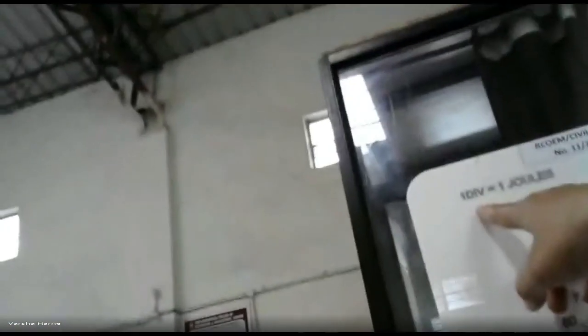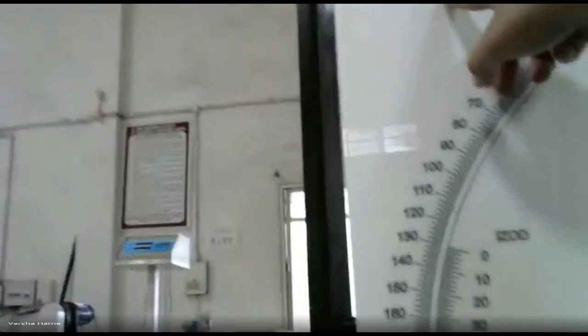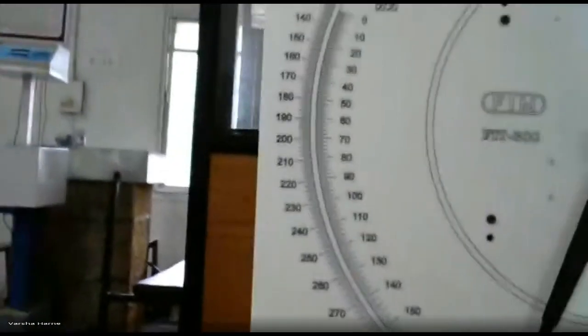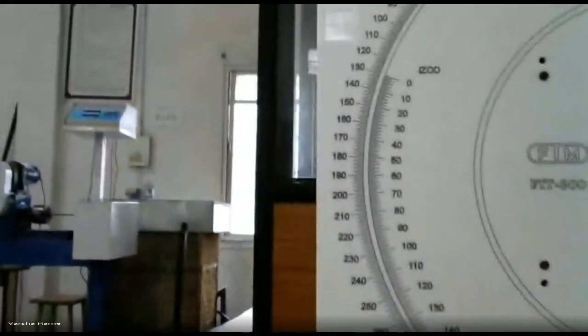If you see here, this is our dial gauge, and the dial gauge 1 division equals 1 joule. So for impact strength, we have to calculate impact strength, that is nothing but energy absorbed divided by the area of that specimen. But which area do you have to consider? Now see here, because of that impact, we require